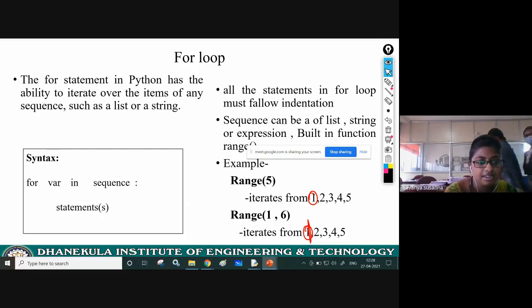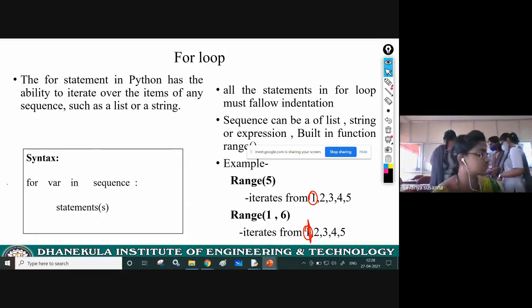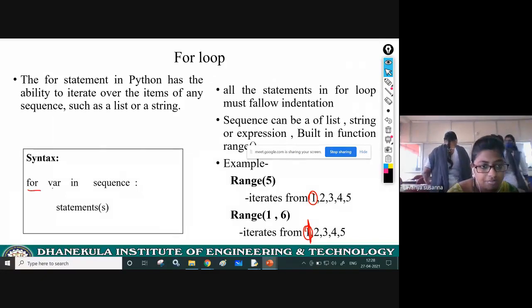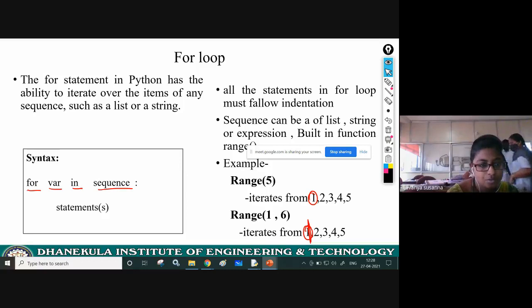Okay. See here, the for syntax. For variable in sequence. You need to give the for statement first, next the variable. Okay, here you need to specify the variable and then you need to give in.